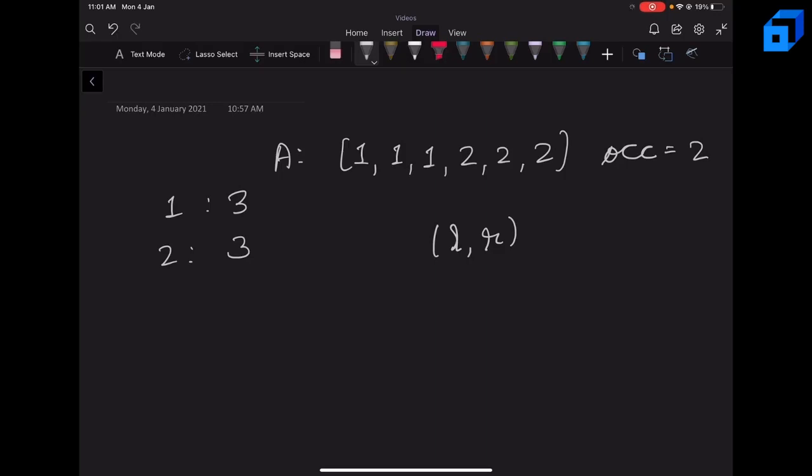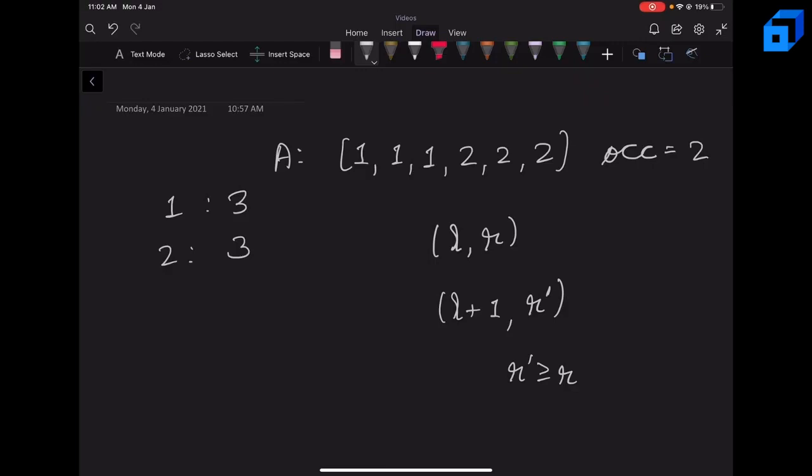Actually, it turns out that we can do that using 2 pointers because L to R represents the deleted range. So for example, if we found the R for a given L and we need to find the R for L plus 1, how do we find that R? That means we need to find the R dash such that if we delete L plus 1 to R dash, we get a subarray in which no element has occurrence greater than 2. So one thing you can notice is that R dash will be greater than or equal to R. That is, the right pointer will be non-decreasing. So if it is non-decreasing, then we know that our right pointer can increase at most n times, in which case the complexity will be O(n).